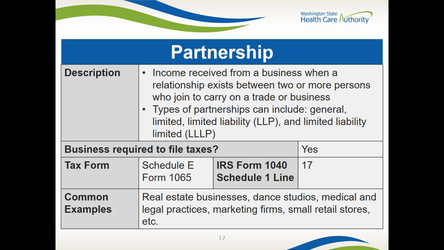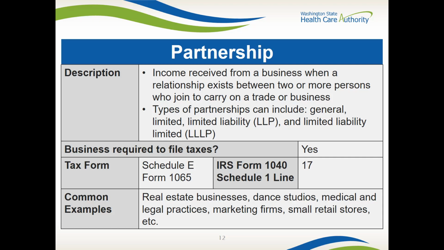The partnership business will file its own tax return on IRS Form 1065, U.S. Return of Partnership Income, and Schedule K1, Form 1065. These are each distributed to each business partner. Income for each individual partner is reported on their personal tax return on line 17 of the IRS 1040, and gains and losses from partnerships are also reported on page 2 of the IRS Schedule E, Form 1040, of an